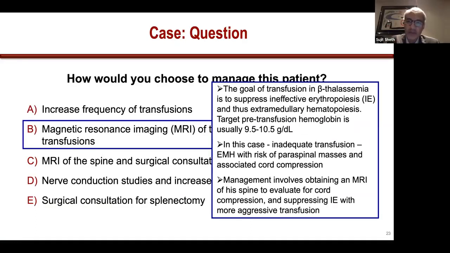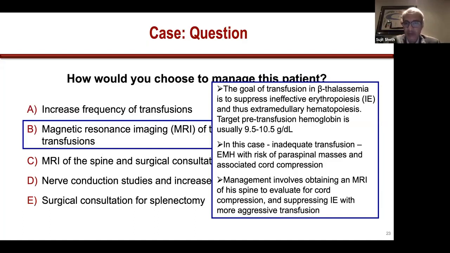The goal of transfusion therapy in beta thalassemia is to suppress the ineffective erythropoiesis. It's likely that in this case, this individual has inadequate transfusion. His hemoglobin is only 7 to 7.5 pre-transfusion. He has a massive spleen, and he also likely has extramedullary hematopoiesis with the risk of paraspinal masses, which are causing some cord compression. So, the usual target that we recommend to maintain these individuals' pre-transfusion hemoglobin is somewhere between 9.5 and 10.5 grams, and this individual is being woefully inadequately transfused, as a result of which he likely has